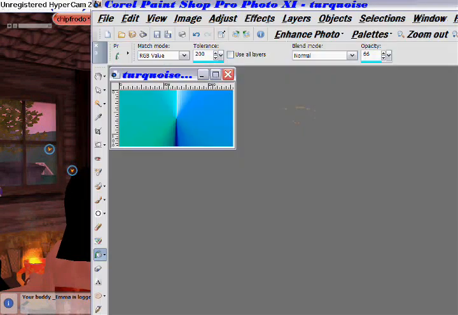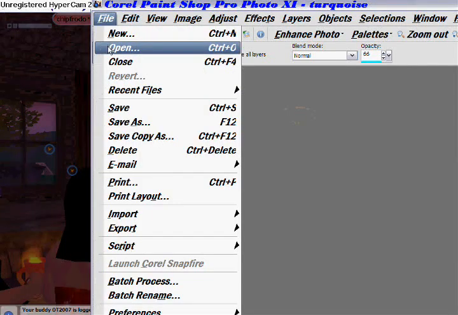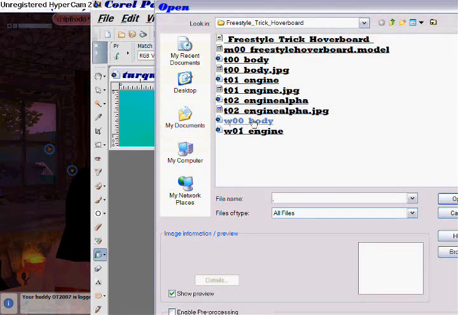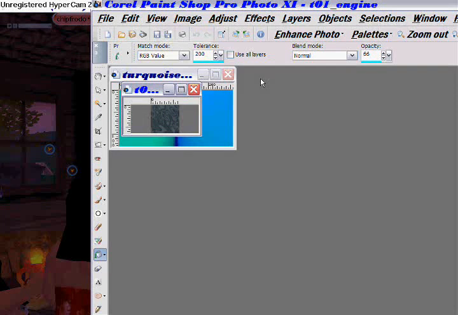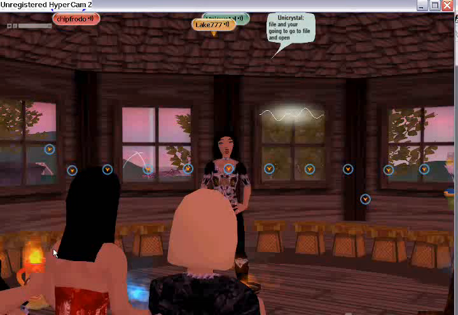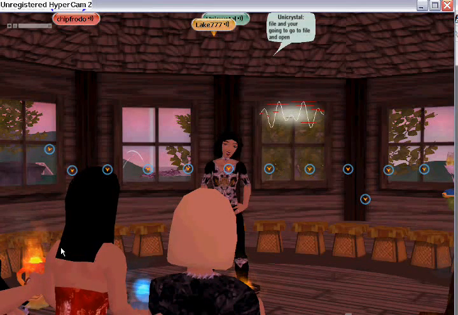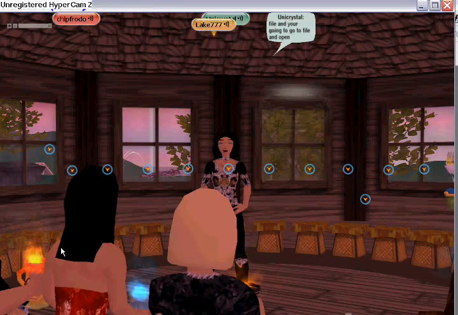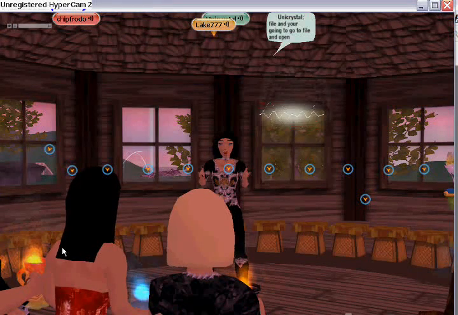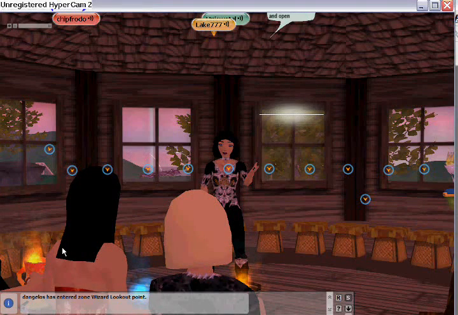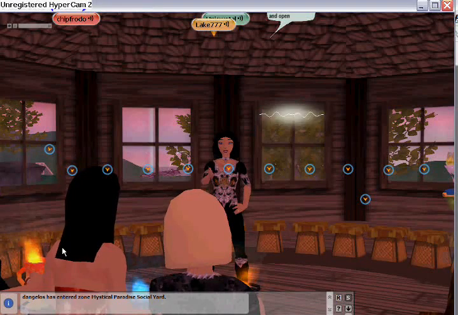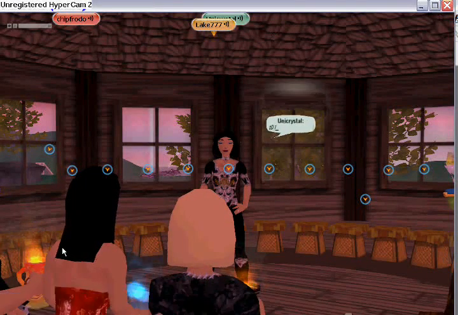So I'm going to give you the file number that you have to bring into it. And let me bring this into the Corel. Now this is your engine pattern. So this is what you're going to see on the engine part of your design. So the file number is